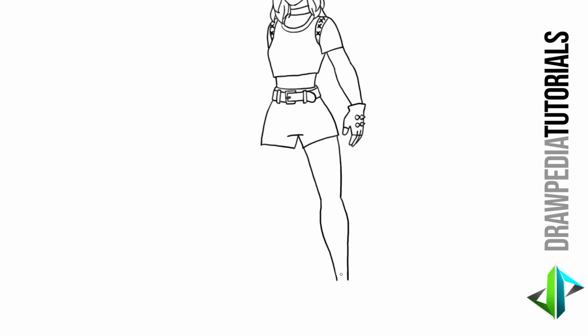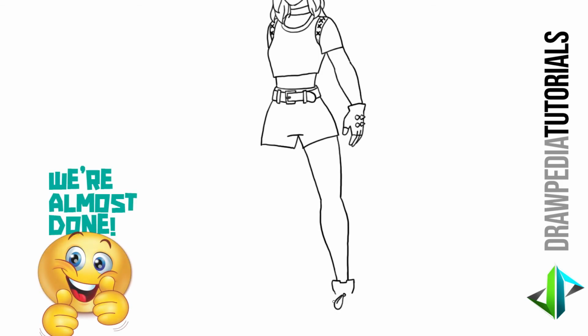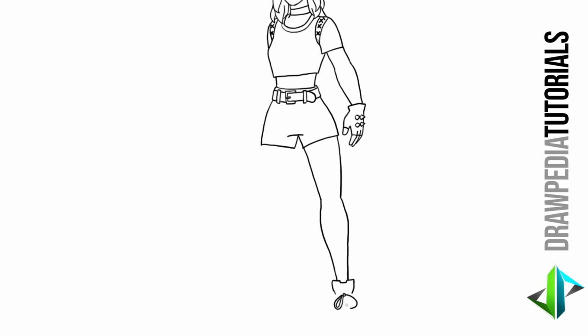Now for her boots, I'm going to draw a line across from the side, turn it downwards, across, and turn it upwards, across, and turn it downwards on both sides with curved line. And in the middle point, I'm going to draw a circular shape and a droopy teardrop shape at the side. Copy the same shape again at this inner corner, and I'm going to copy the whole thing on the right